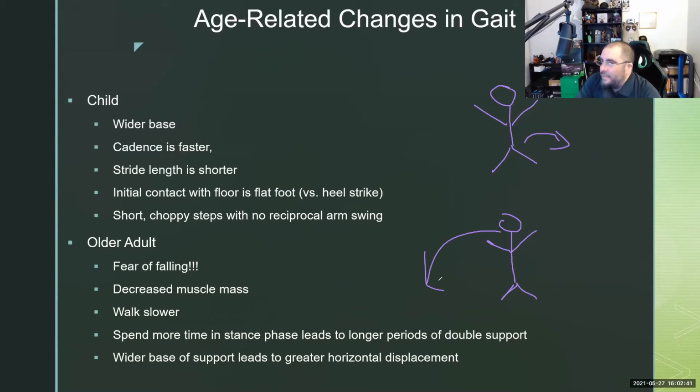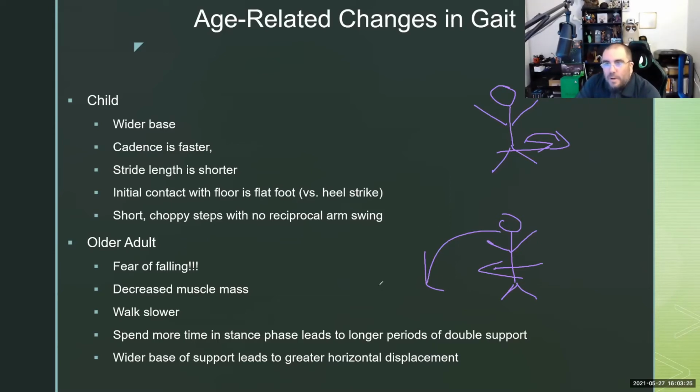Now let's think about it. Do you think we could possibly save some fractures if we learn to fall on our butts more often? Maybe. It's just a thought. Because our butts got some cushion back there, at least most of us. If I land on my butt, I'm less likely to break things than if I'm landing on my arms. It's because kids' center of balance is posteriorly shifted. Ours is anteriorly shifted, so we tend to fall forwards as adults. That's also why a kid's walker is reversed from an adult walker, because kids fall backwards.